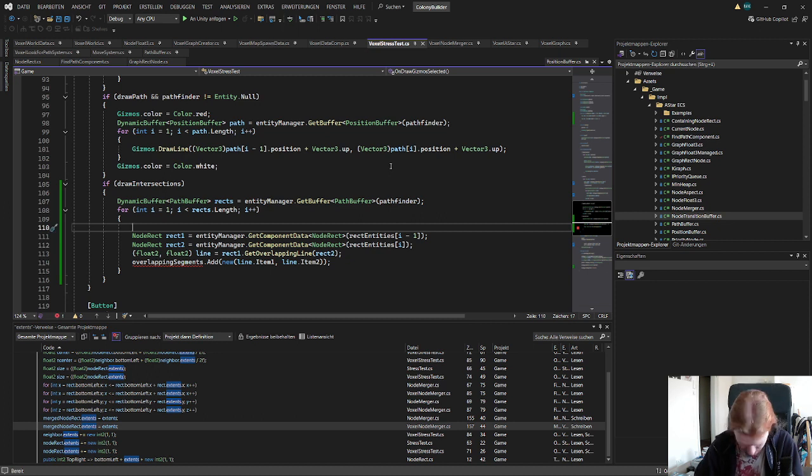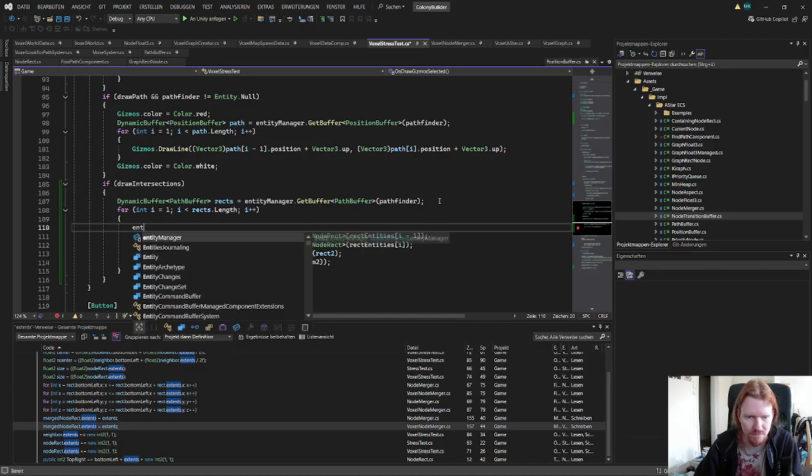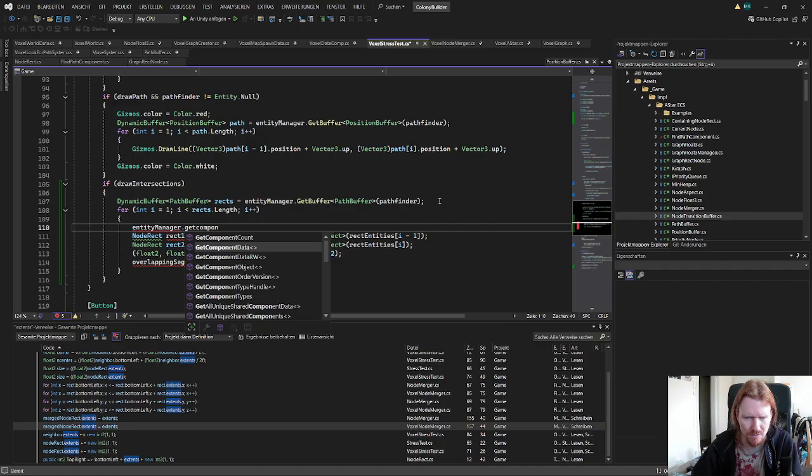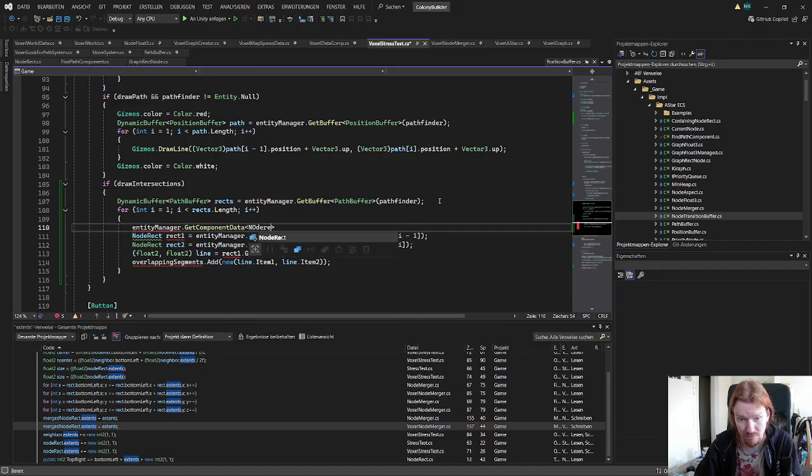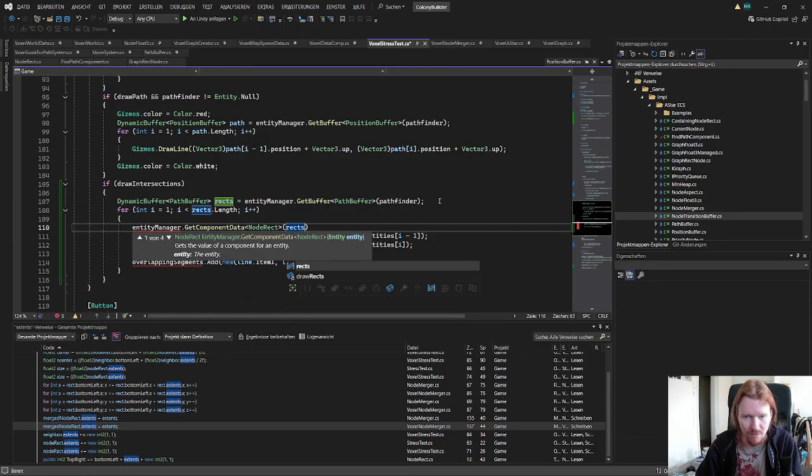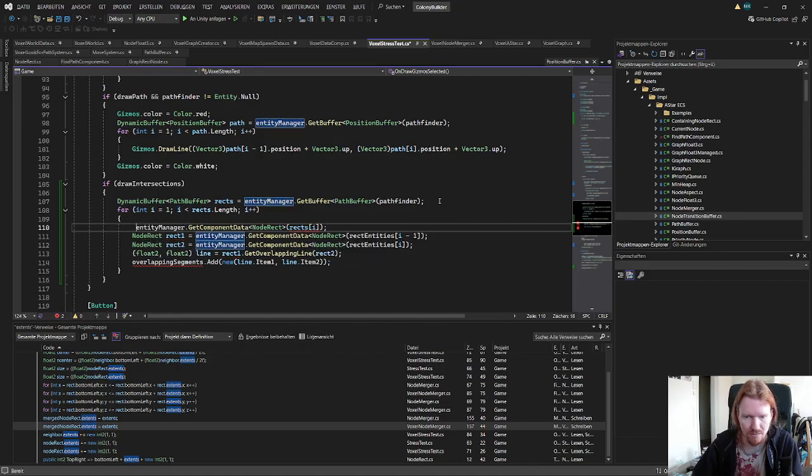This rects. Then we need the entity manager, get component data, node rect of rect. This node